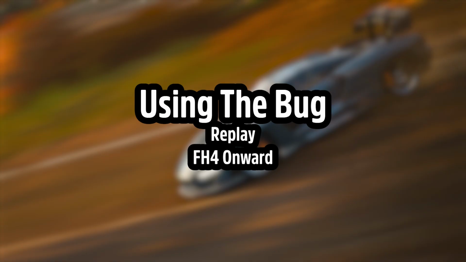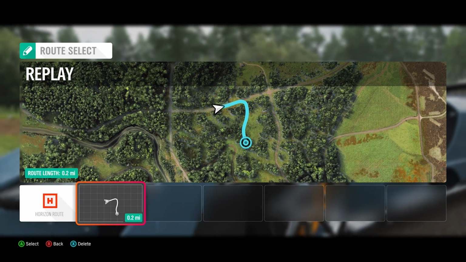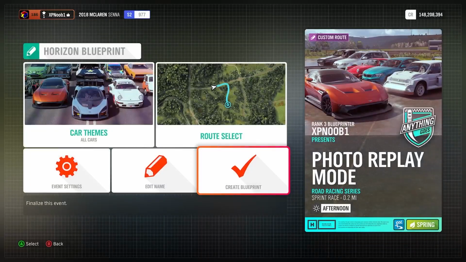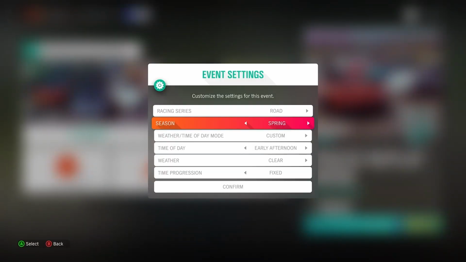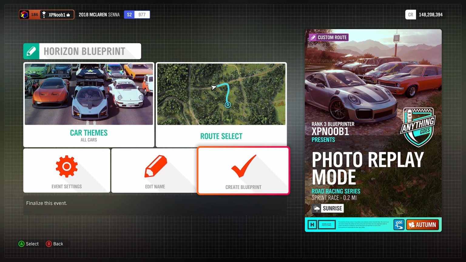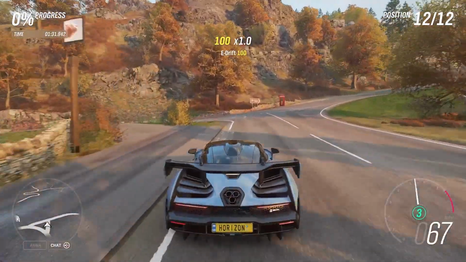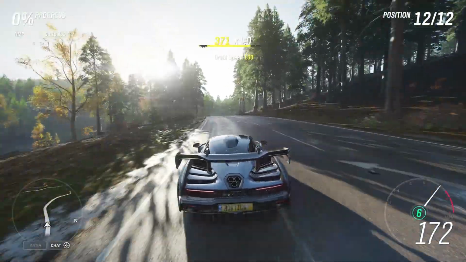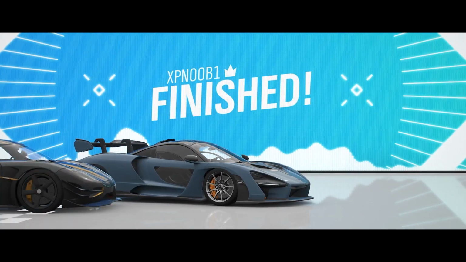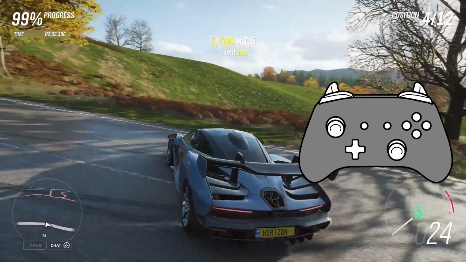Next up, same general setup as last time, but now you can set your route to be very short because we're not trying to rewind, we're just looking at the replay. From here, set your weather, your time of day, your season, create the route, run the route, drive out, record your dynamic shots, drive back, finish your race, or better yet, go into the pause menu and reset your car's